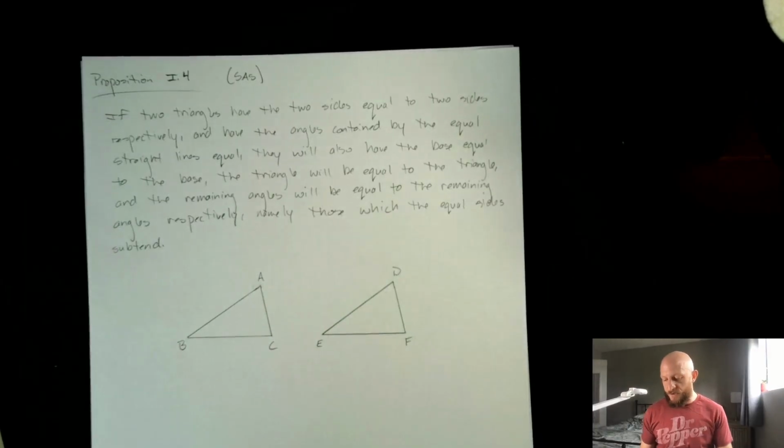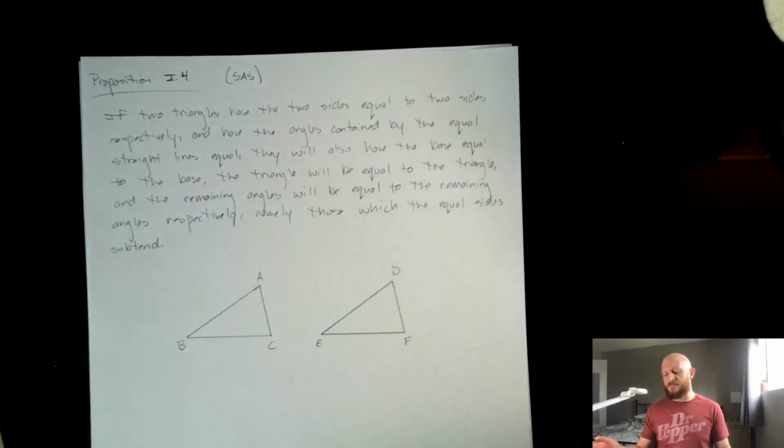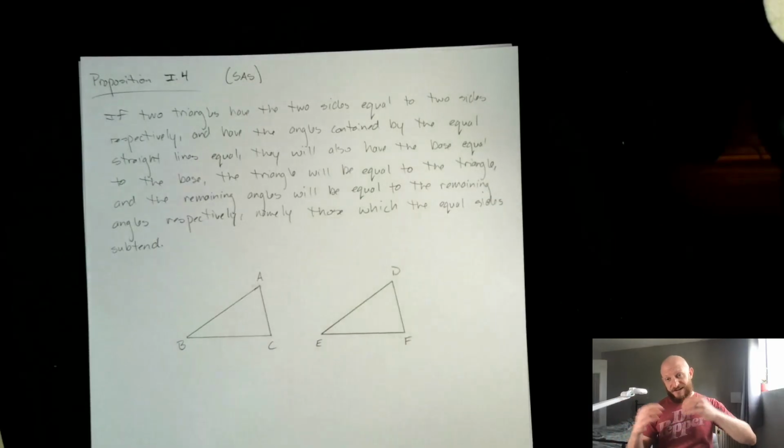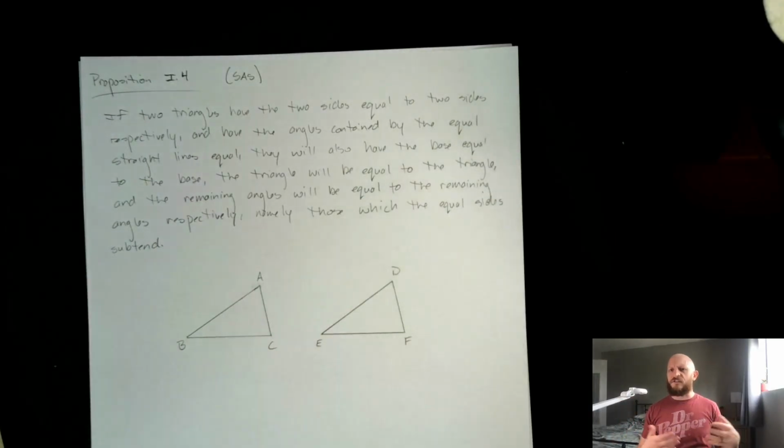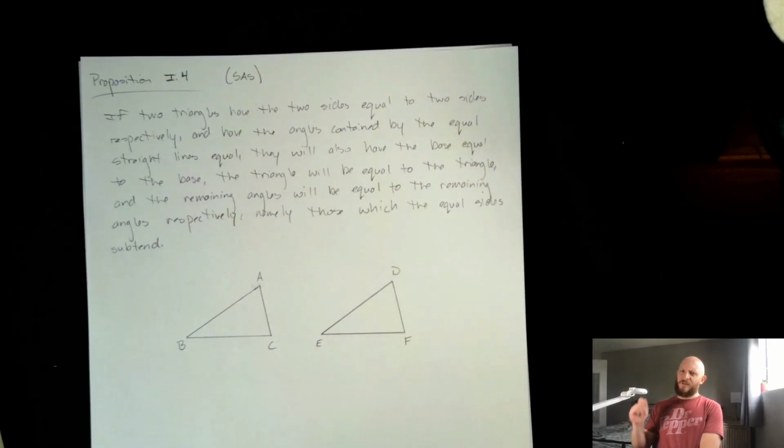It's super duper wordy. One thing that I think is interesting in here is that in addition to him basically saying that if the side angle side condition is met, not only are all of the sides of both of the triangles equal, and all of the angles between equal sides also equal, he says also the triangles themselves are equal, which I think is interesting because having the sides the same and the angles the same respectively to us means that the triangles are equal, but it's still something that he felt the need